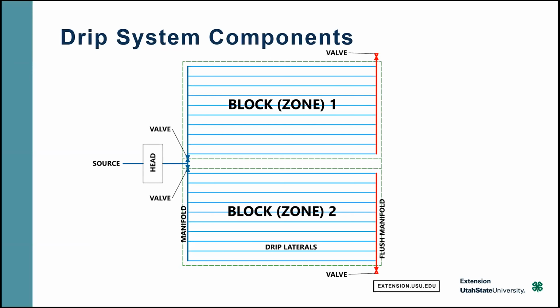The idea is that even with filtration, we're going to have a certain amount of sediment in our drip lines. And we're going to have that just from the water, even with pretty clean water sources. We can get chemical precipitation. Chital talked about that,